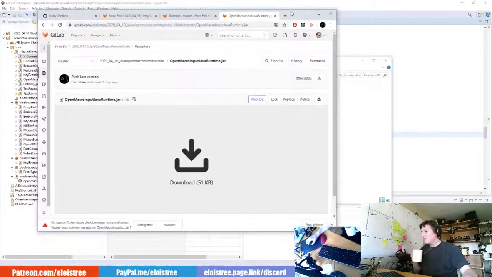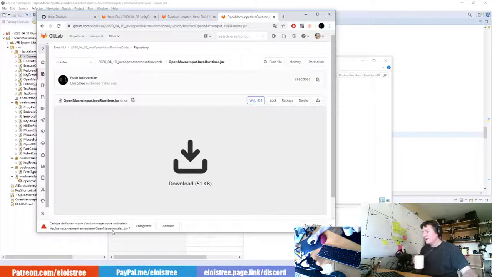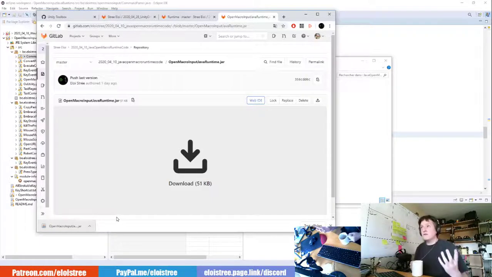Here, as you can see, it is saying, hey, it's dangerous for you. And it's true, it's dangerous for you. I will still use it. But it's also why this project is totally open source. I cannot do a project that is controlling your PC and doing some stuff if someone cannot check behind that the code is not dangerous for you. So my way of not having to do plenty of stuff is to just give you the code in open source.